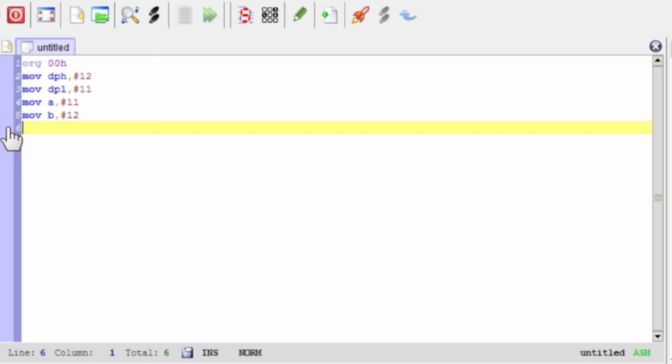When we are adding the two 16-bit numbers, any operation is carried out using just the accumulator. One operand is stored in the accumulator and the result is also stored in the accumulator. So you have to place one value in the accumulator. We are considering A as the higher byte and B as the lower byte. So our other 16-bit data is 1112.